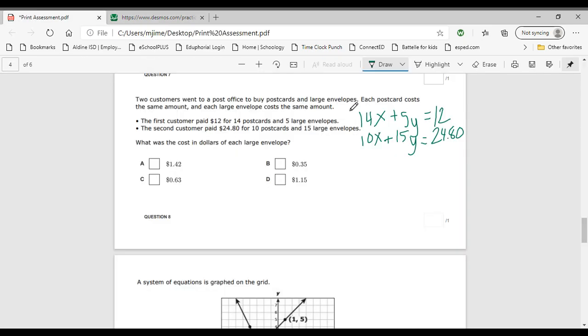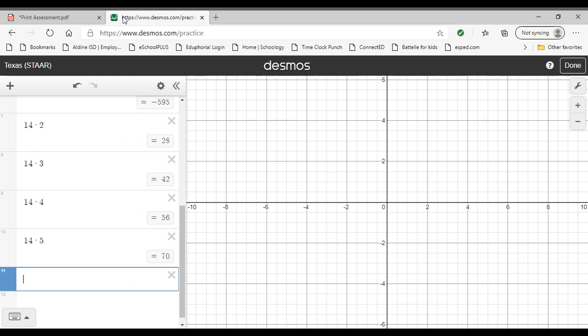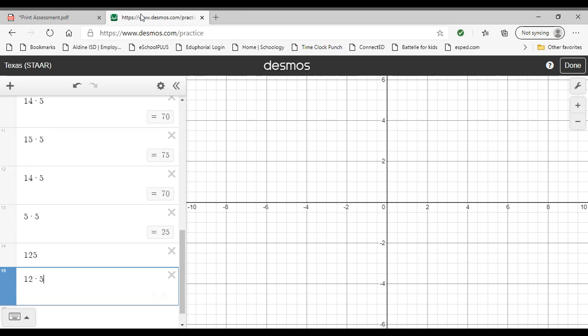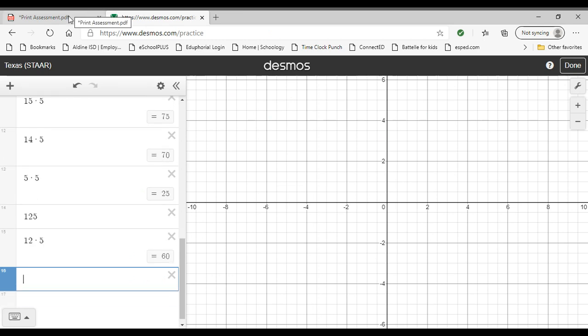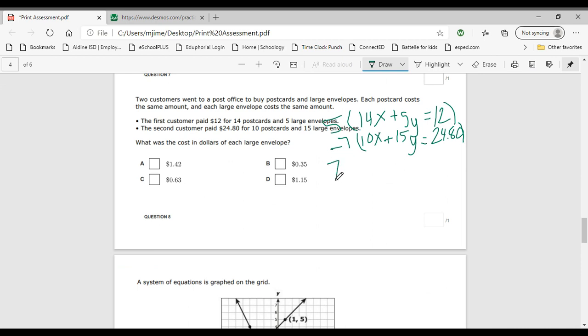So that's the one we want to use. All right, so that means I'm multiplying the top by 5 and the bottom by a negative 7 to get 70. And negative because remember they've got to cross out. So 15 times 5, 14 times 5, 5 times 5, and then what was it? 12 times 5. All right, so 70, 25, and 60. 70x plus 25